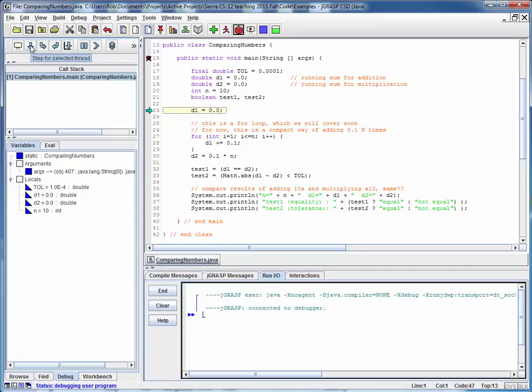first double value to 0, and then what we're going to do in this for loop is we're going to go through the loop 10 times, n equals 10, so we're going to add 0.1 10 times, expecting to get a 1 out of that. So we'll march through this example 10 times,